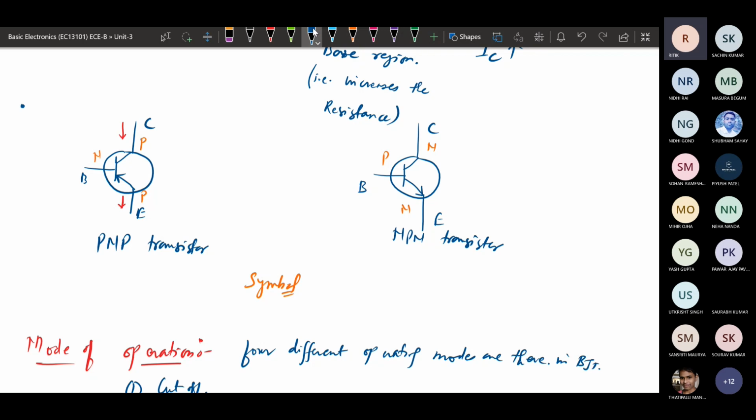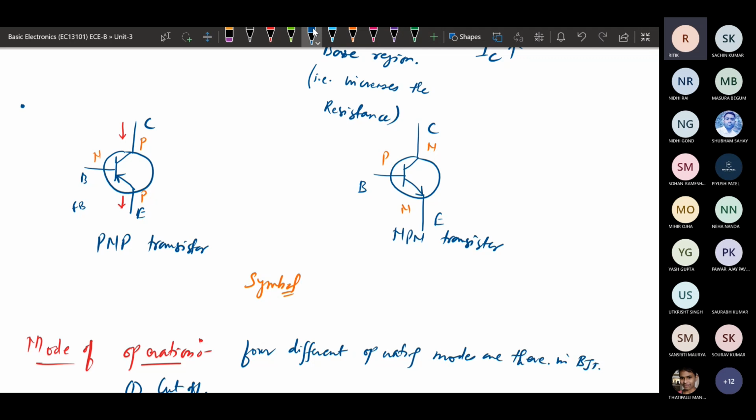Okay, so we can just consider this region. So this base to emitter, or we can call it, this is the region. So here suppose this is P, N, and P. So here this is P and N. So the current direction will be from P to N. So always the input region is considered to be forward bias. And in this we can see the mode of operation.